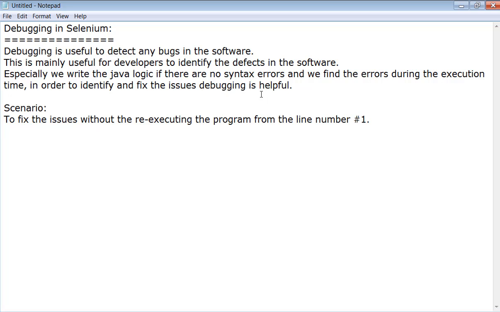Especially in Selenium, when we write the logic, if there is an issue during execution, we have to re-execute multiple times to fix the issue. But using debugging, we are not going to re-execute the program from line number 1. We execute the program exactly where it is showing the issue. Okay, so let's start now.